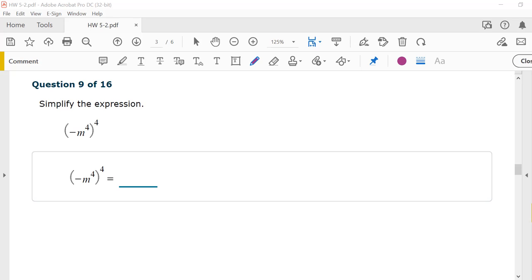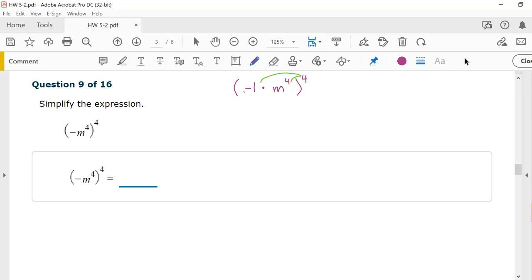Number 9, simplify the quantity negative m to the 4th all to the 4th. So inside that parenthesis, I have negative 1 times m to the 4th, all to the 4th power, because it wasn't written like that. So we actually have this negative 1 out front. Now I need to distribute this 4th to